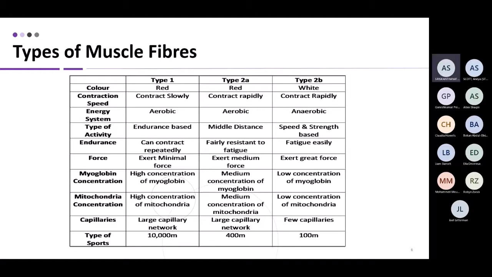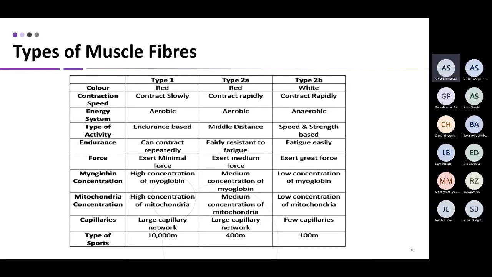Your type 2 is your fast twitch ones, and there are 2 types, your A and B. So A is kind of in the middle. So it has some resistance to fatigue, but it's not as long lasting as type 1. So type 1, because it's for long distance, high endurance, you'll have a very high concentration of mitochondria because you need that energy source. Whereas type 2A, you've got a bit less than that. And then type 2B is your fast twitch, which is